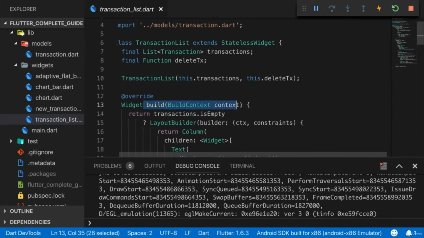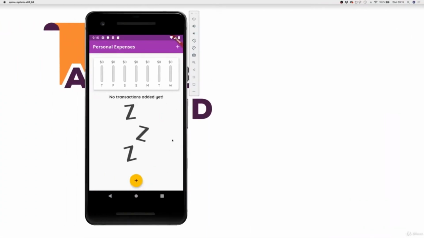So does this mean that whenever build runs, Flutter actually redraws the entire screen and therefore running build is actually bad? Because as you can imagine, whenever Flutter has to really redraw the screen and redraw the pixels on the screen and rebuild all your widgets, your elements, that sounds like a performance impact. And actually it would be. The good thing is Flutter doesn't redraw or recreate the entire UI on every build call,